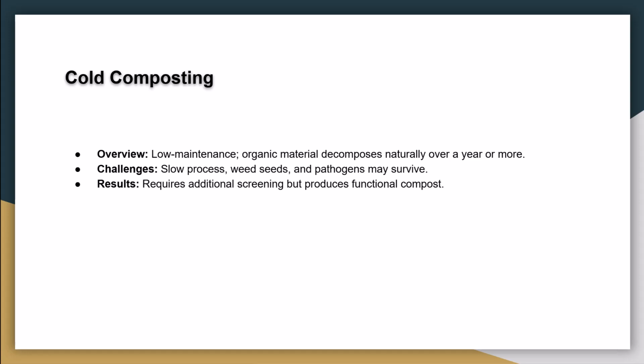So cold composting, that's really a low maintenance way of composting. You're taking that organic material and it just slowly decomposes. It isn't aimed at achieving the high temperatures that I want to achieve. It isn't turning the pile as quickly. The weed seeds will not be devitalized, and pathogens may survive through the process as well. So there's more of a chance that you're going to have more work dealing with weeds after using this sort of composting method,